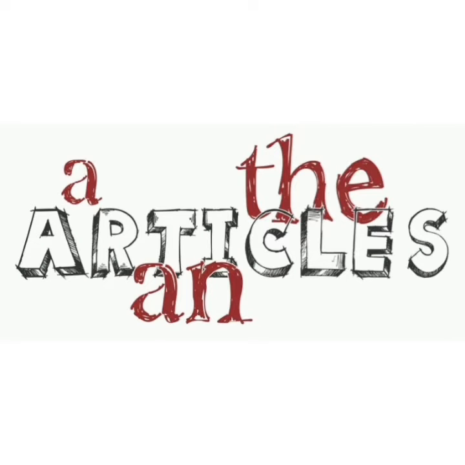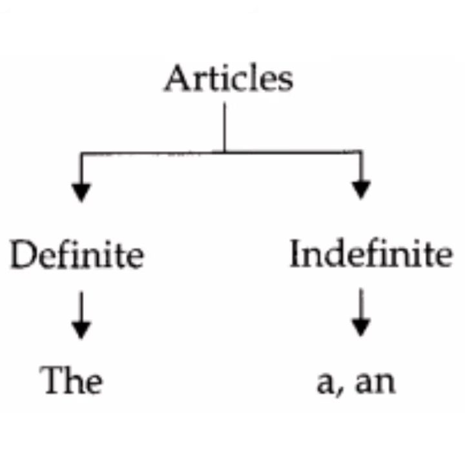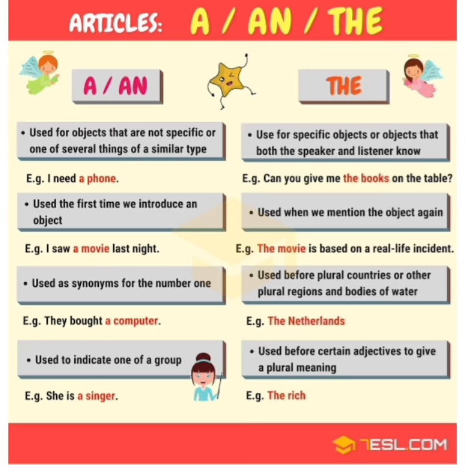Now let's see the topic articles in determiners briefly. As we know, a and an are indefinite articles and the is the definite article. Of the three, a and an are the commonest general determiners, whereas the is the commonest specific determiner. A and an are used with singular countable nouns while referring to a general class of nouns, like a frog, a ship, a biscuit, etc.